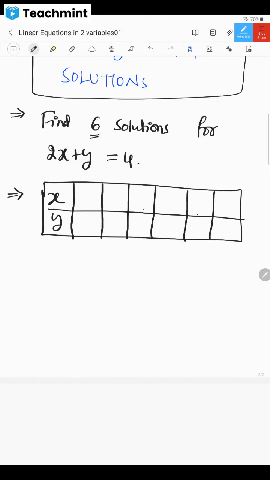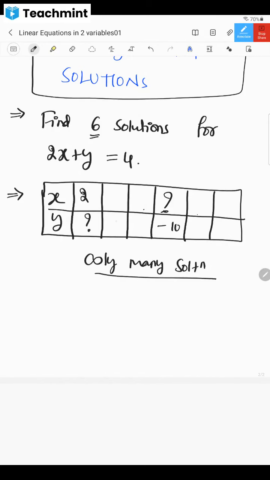Six are there. So here you put something, say x is 0, then you find out what y is. Or you may put y as 2, and you find x. So randomly you can take all these values. Understood, dear children? Whichever value we want, because there are infinitely many solutions, no? Whatever you want, you can take, say x value 2 here, then you find the value of y. Then afterwards you may take y as minus 10 and find the value of x, or take y as 0 and find x. Like this you can keep on doing.